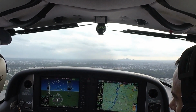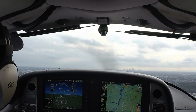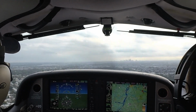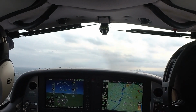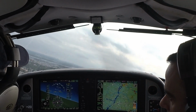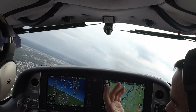On downwind, we'll switch tanks. Be careful on that base to final. I mean, we have a wind that's pushing us away from it, and that's fine. Just don't try to, I mean, 30 degrees, that's it. That's what you get. Yeah. And you just keep turning, and eventually you'll...